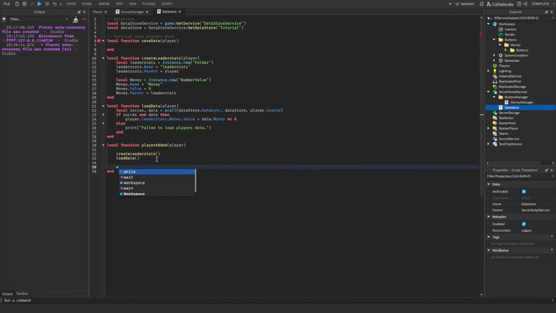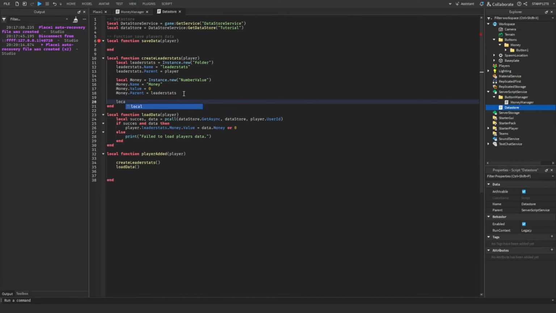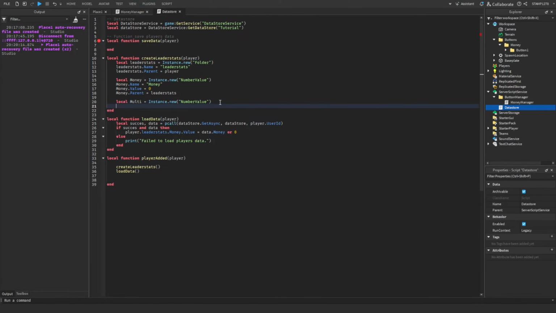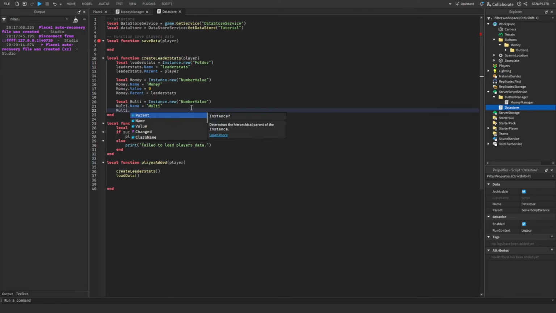Then we're going to do, which is very important. Actually, you want to go back up here real quick, and you're going to make a new leaderstats. We're going to do local multi equals Instance.new NumberValue, multi.Name equals multi, and multi.Value equals 1. So the reason why we set it to 1, you could also set it to 0.5 if you want to,